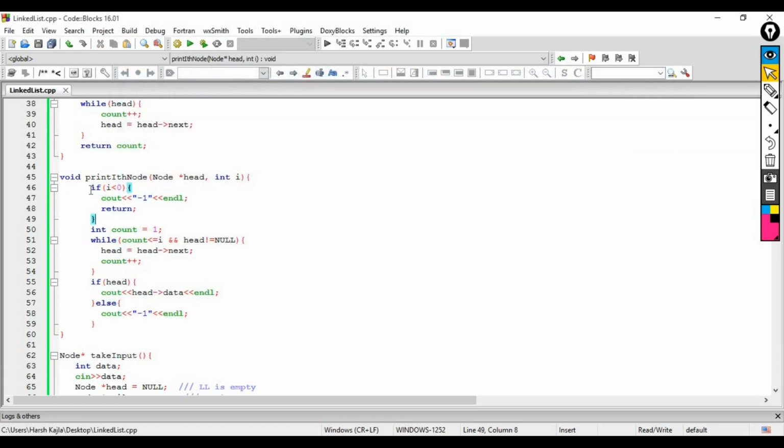So first let us dry run the code and then we will analyze the time complexity. Let's take a very small example. This is your linked list 1, 2, 5 and null. This is index 0, this is index 1, this is index 2, and let's say the user gives index 5. Sorry, not the time complexity, we are dry running our program.